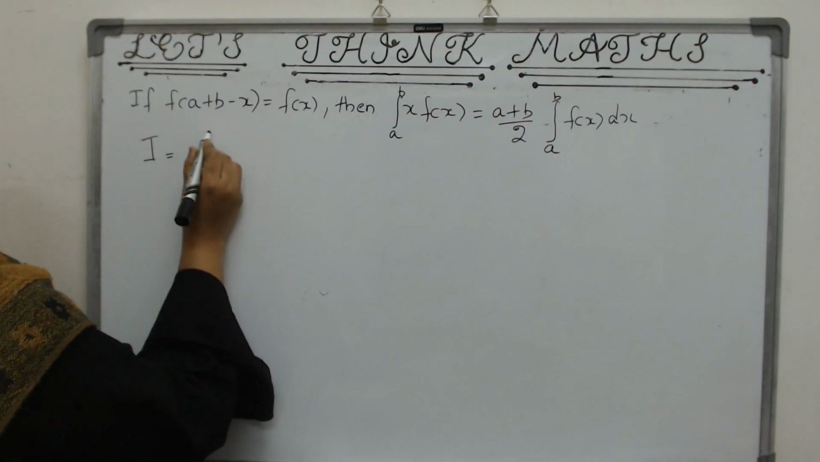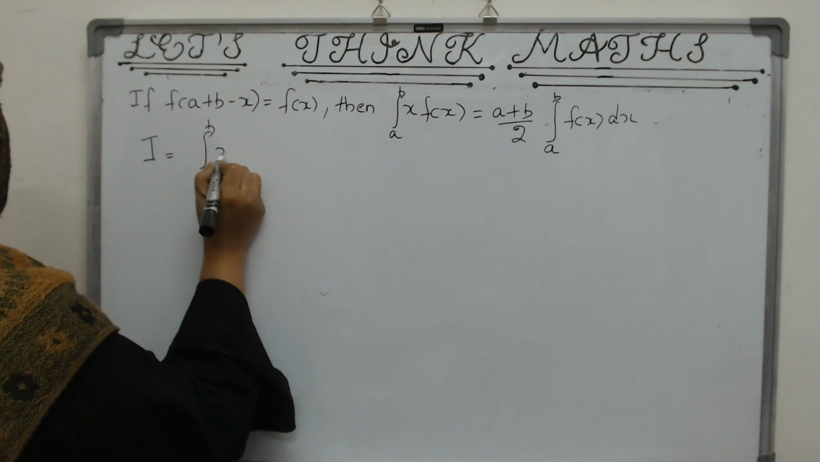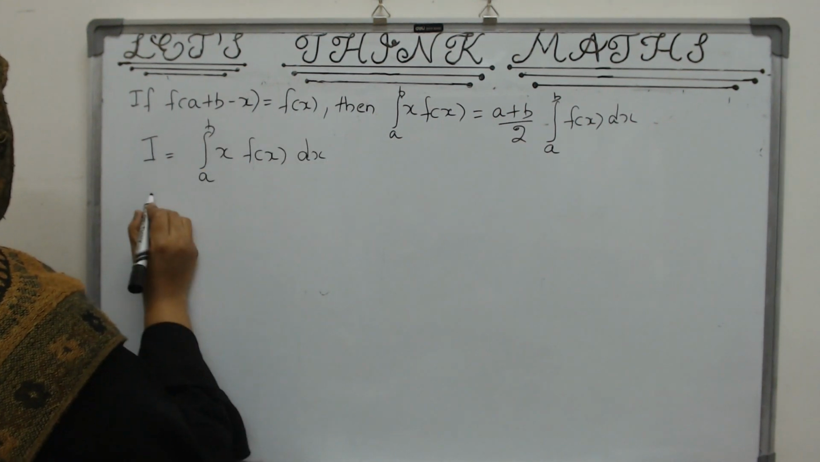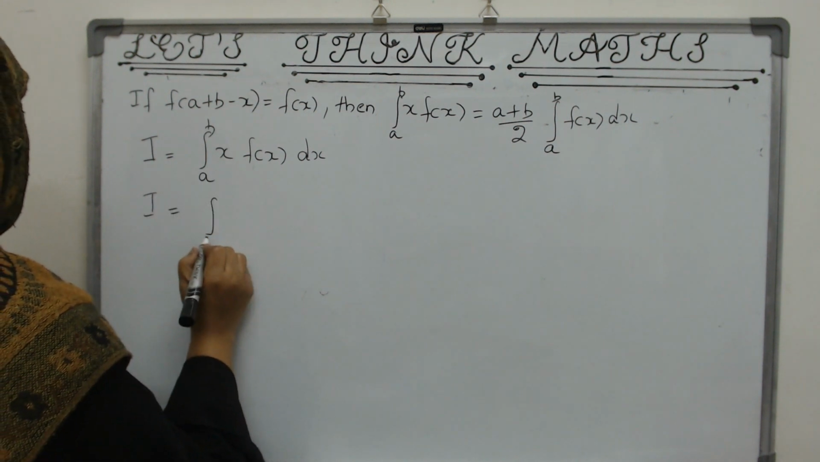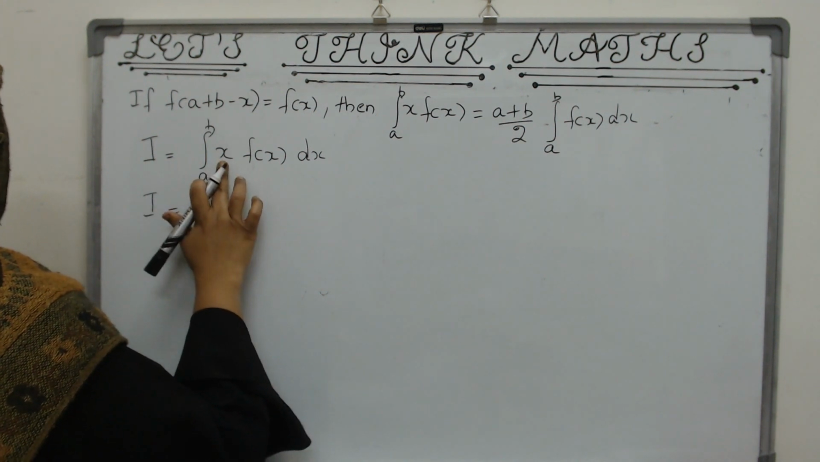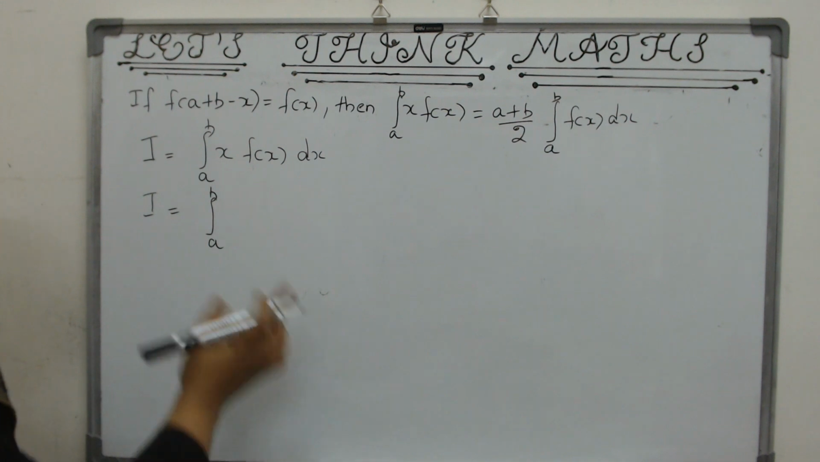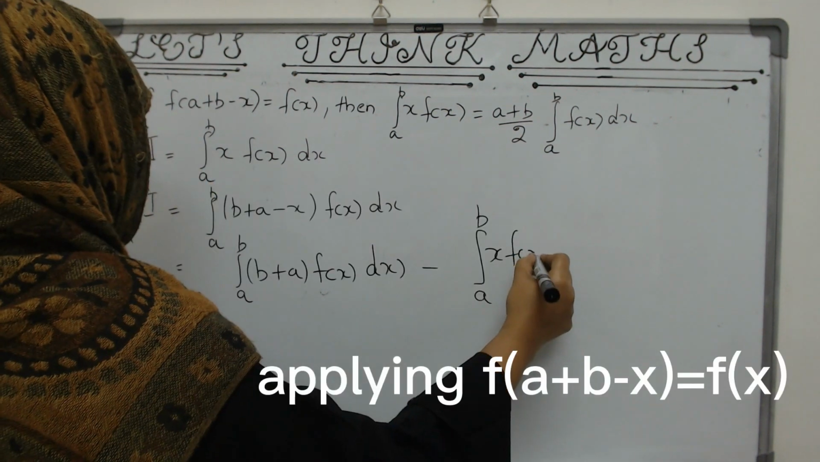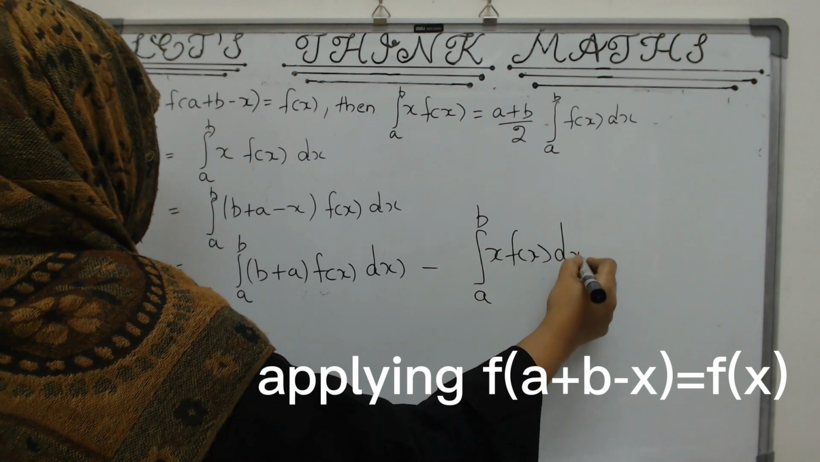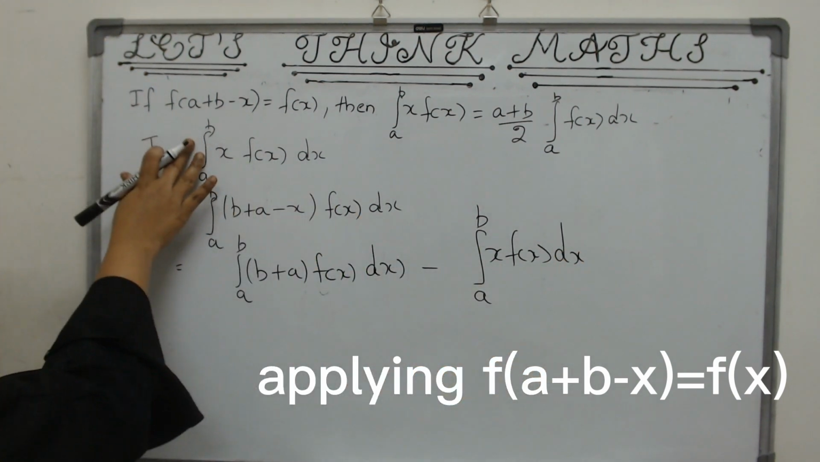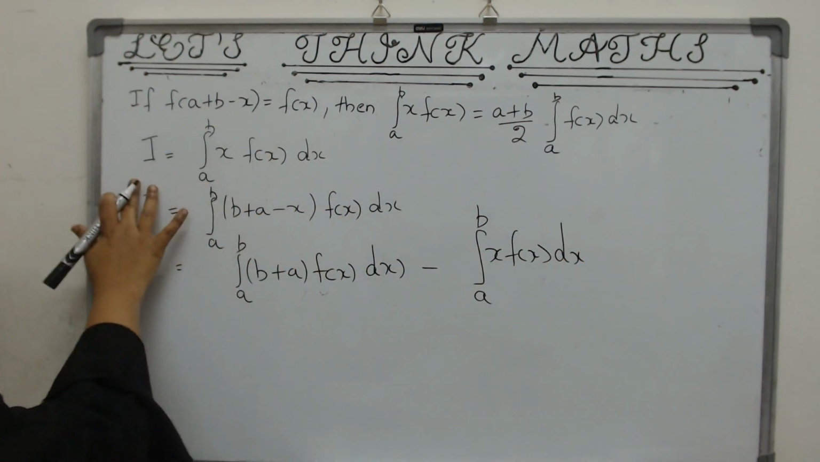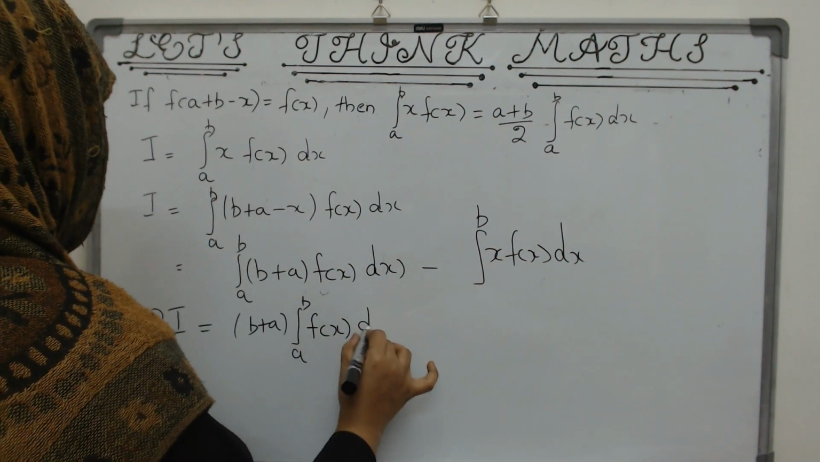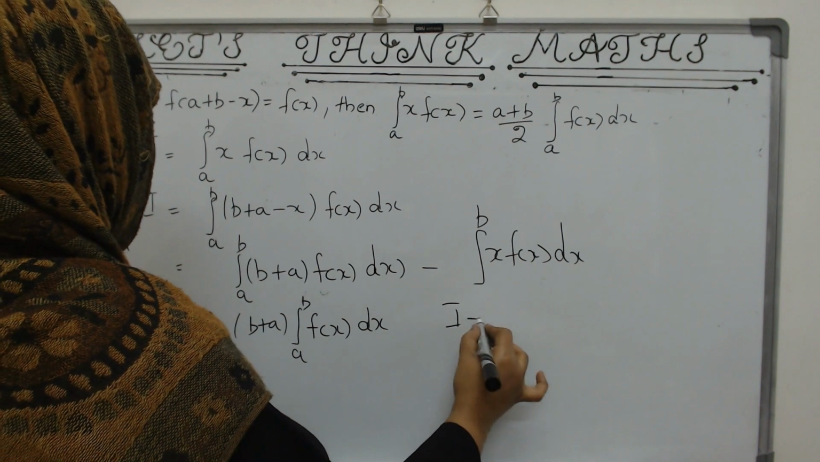Let I be equal to integral a to b of x f(x). So applying the rule, wherever you see x, instead of x, by the property, we can substitute it with the sum minus x. But then you see, this is what we started with. This was our original I. We just got it again. That means I is equal to